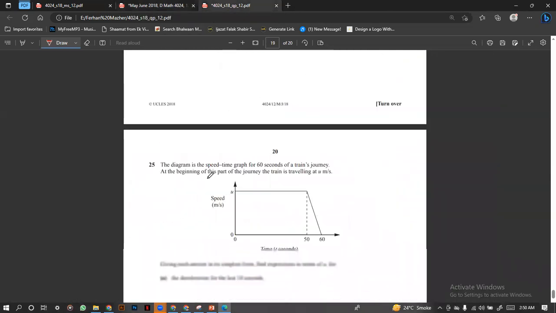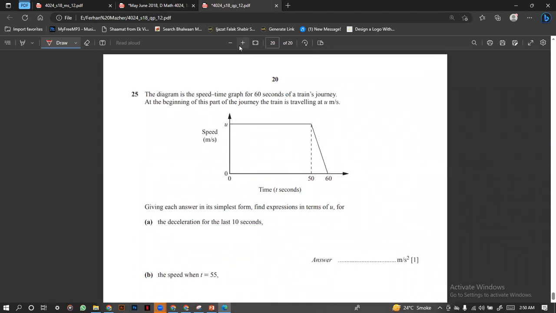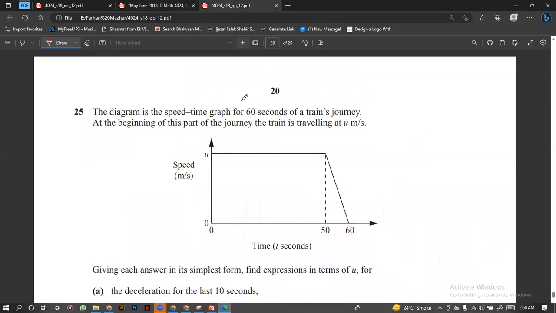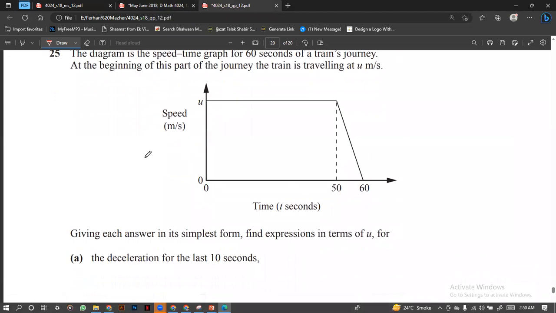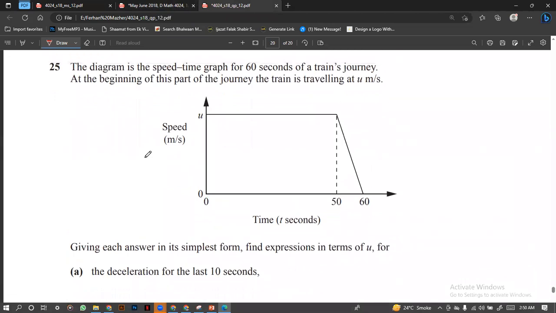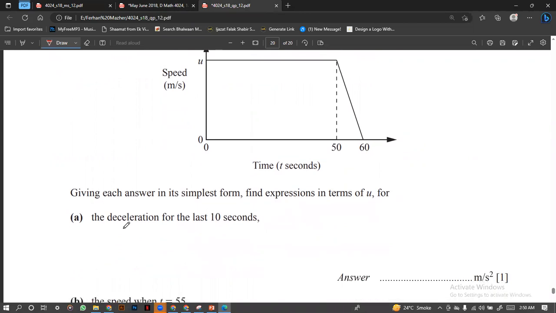Okay, so we are going to the next question. That is question number 25, and it says, the diagram is the speed time graph for 60 seconds of a train's journey. At the beginning of this part of the journey, the train is traveling at u meters per second. Giving each answer in its lowest form, find the expression in terms of u for the deceleration for the last